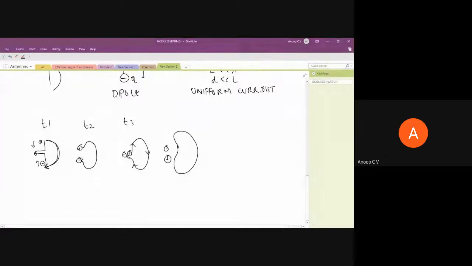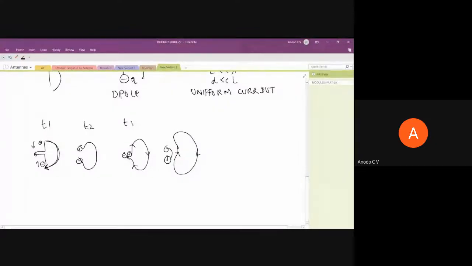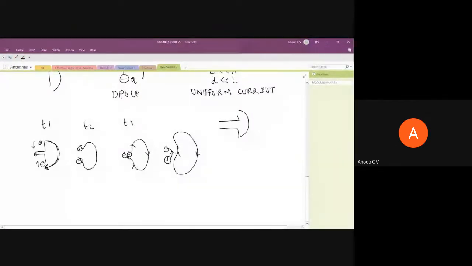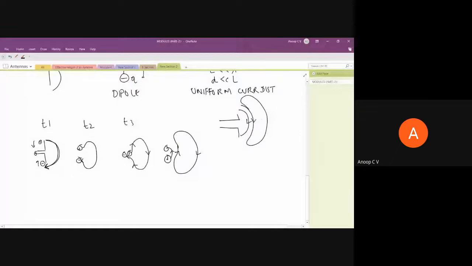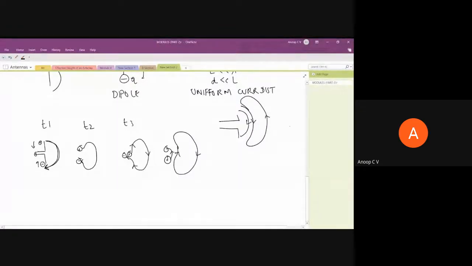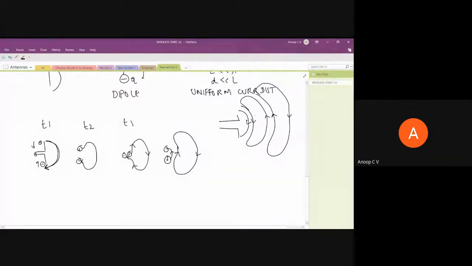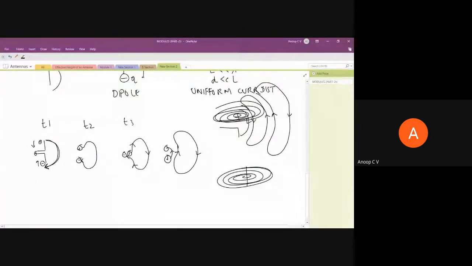This field was directed like this. Then the next field line will start. That's why, if you remember, when I showed you the radiation from a dipole, I had shown initial E like this, then a loop of electric field like this, then again another loop of electric field like this. That's why in any textbook the pictorial representation of the radiating electric field will be like this, and the magnetic field will be around it. When you have a conductor, around that you will have a magnetic field. So this is how it radiates.